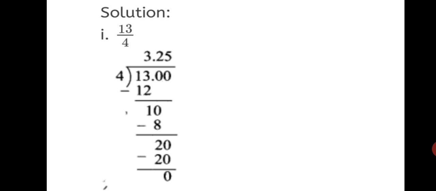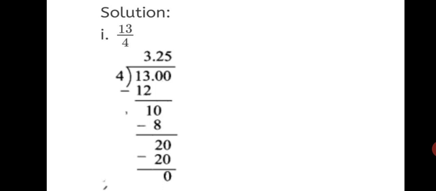As soon as the integer part to the left of the decimal point is worked out, you have to put a decimal point in the quotient also. So 4 3s are 12, working is over, you got remainder 1. Now before you take the next digit in the dividend, you have to put a decimal point in the quotient. 3 point. Now you start. Take a 0 down. 4 2s are 8. From 10 you subtract 8, you get 2. Now bring another 0 down. 4 5s are 20. And subtracting 20 from 20, you get remainder 0.